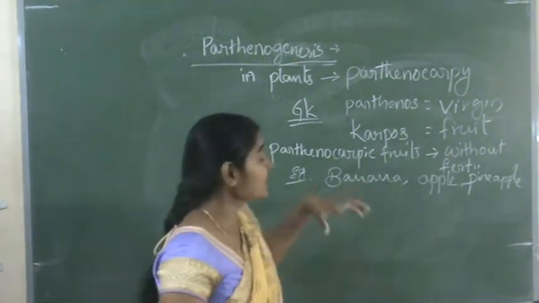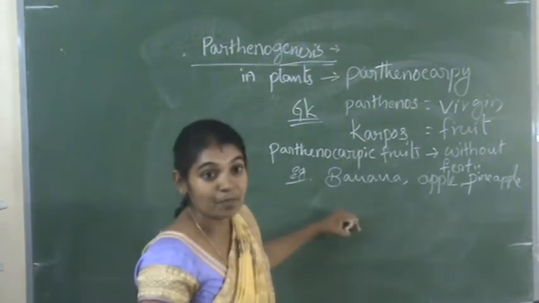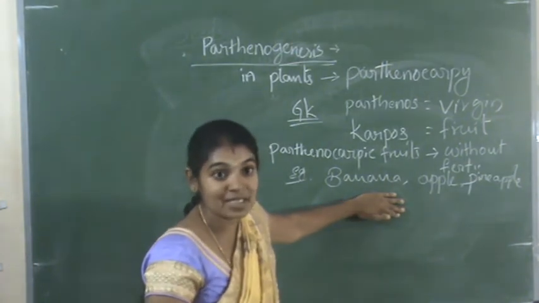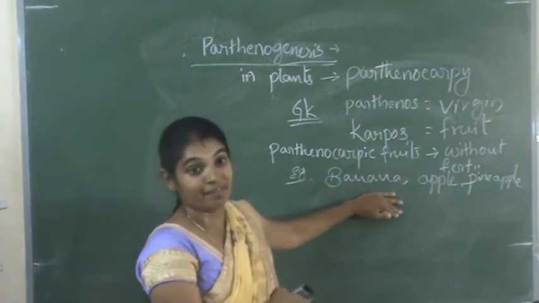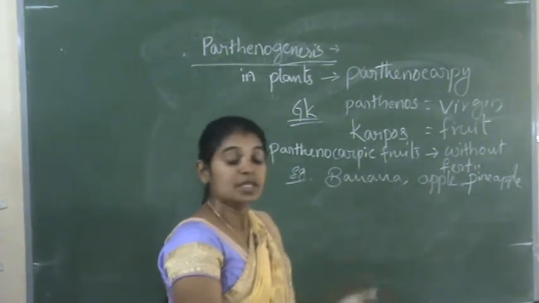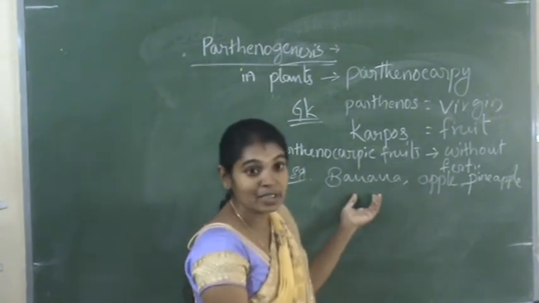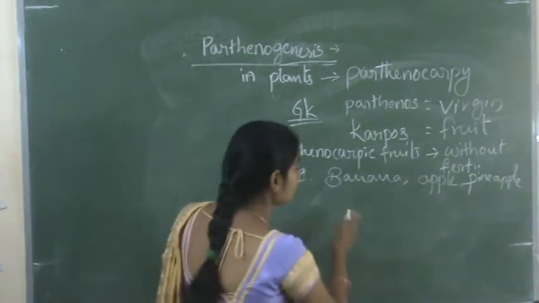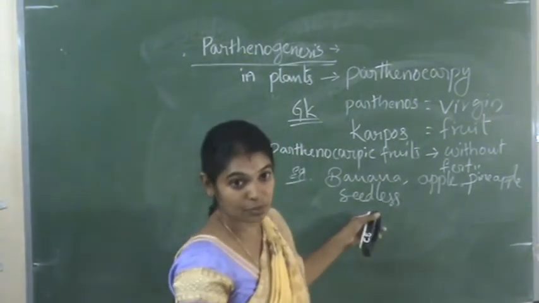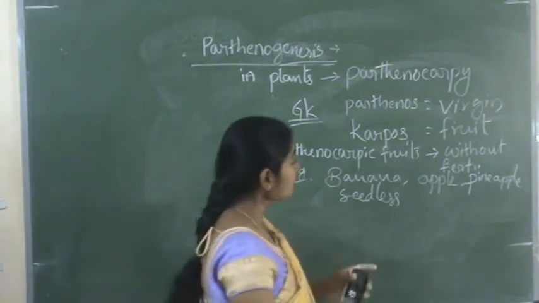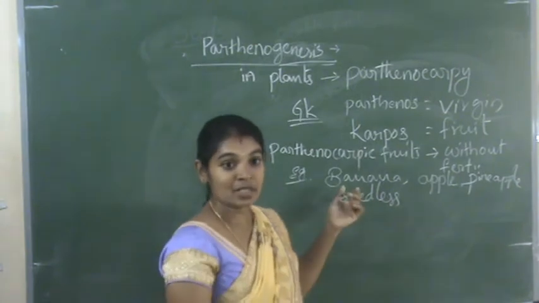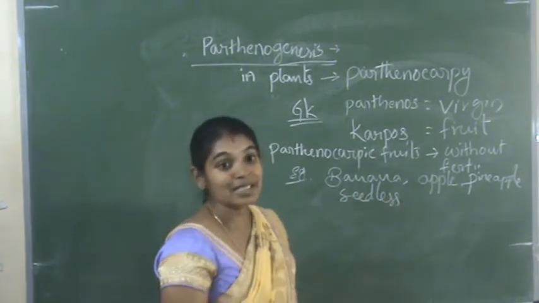And there are artificial ones, where scientists are working to develop such fruits. These are known as seedless fruits because here the seeds are not developed. These fruits are formed other than from the ovule, that means without seeds, and they are also known as seedless fruits because seeds do not form. By using this process of parthenocarpy, the scientists are working to develop so many seedless fruits.